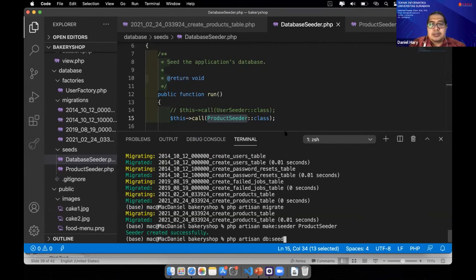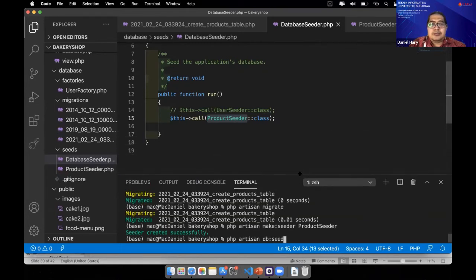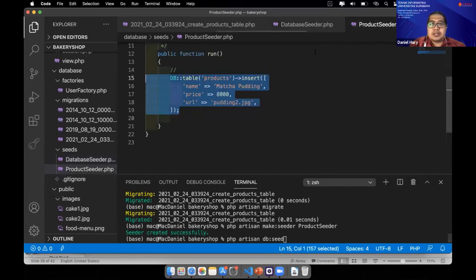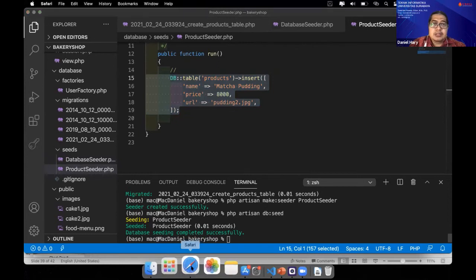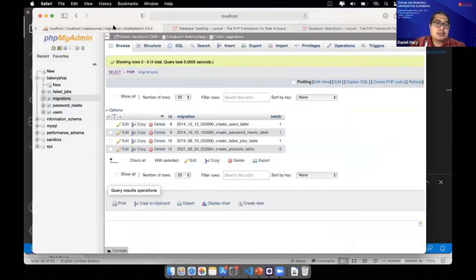After it runs successfully, we will have this product matcha pudding in our table. Okay, this one completed successfully, and we see the table again.